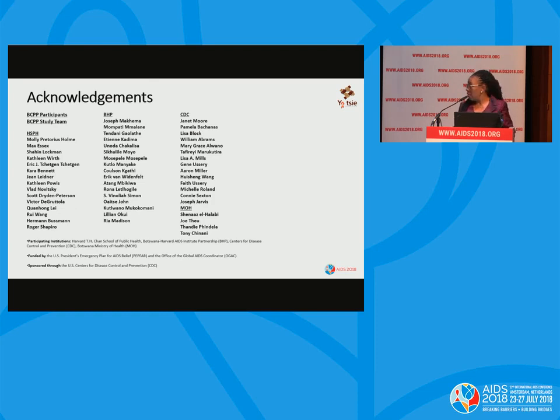Indirectly, it is benefiting them because they are starting early and getting treatment early. But really, what we wanted to show was the fear that people had, that these people are not properly prepared to start the treatment, that they are not going to adhere to treatment, not going to stay on treatment, not going to be virologically suppressed. It is really the same, whether they were prepared for 3 months or started on the same day. And of course, for their own health, the fact that they start treatment earlier means they become quickly virally suppressed and improve their immunity.